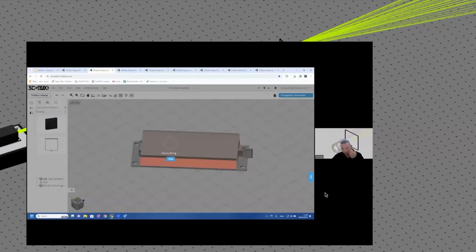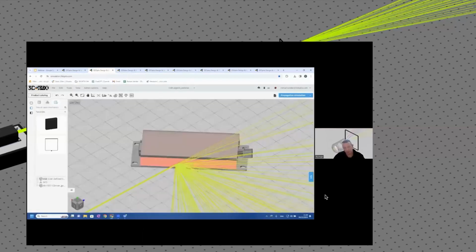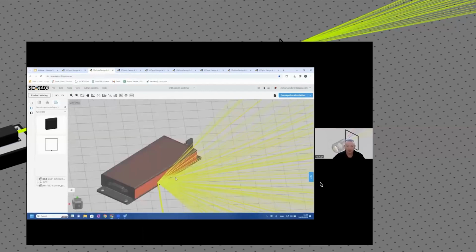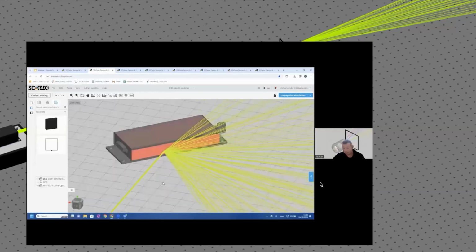And now we need to propagate the beams, and let's see what happens. Again, it will take a bit of time because it's getting heavy, and you see what happens. Instead of just reflecting, now it is scattered. It can be